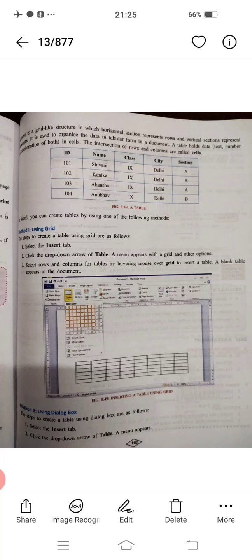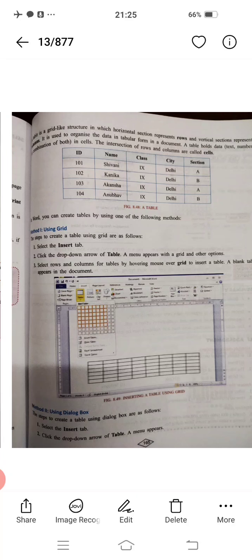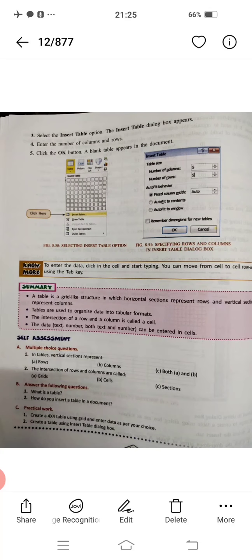There you will see a drop down arrow of the Table menu. You just select Insert Table, then give the number of rows and columns required according to your requirement. Then after clicking the OK button, you will get the required table on the screen.